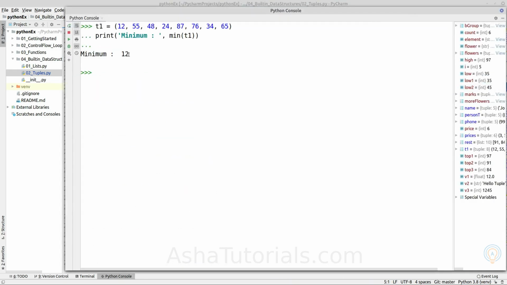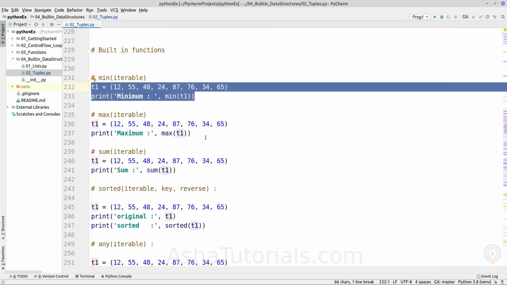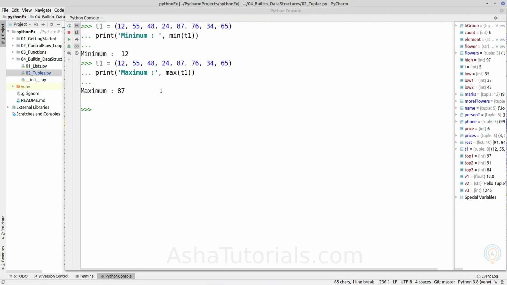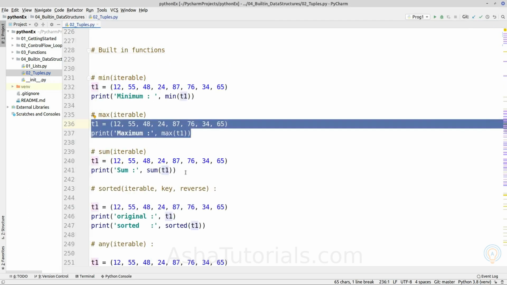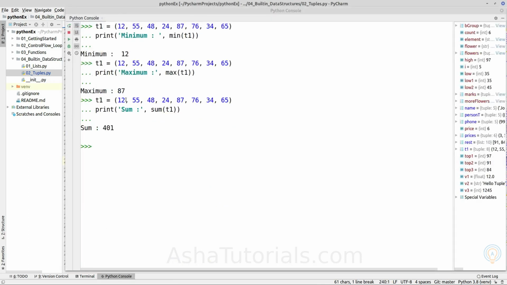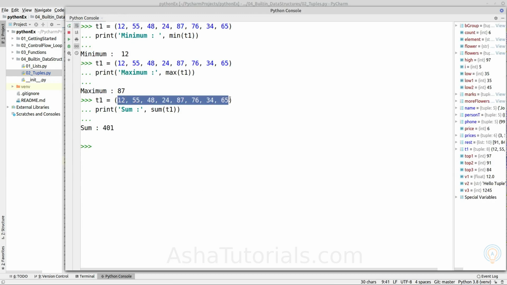So if we execute it, it returns the minimum value. Same way for max, it will return the maximum value out of the sequence, and for sum it will return the total of all of its elements.